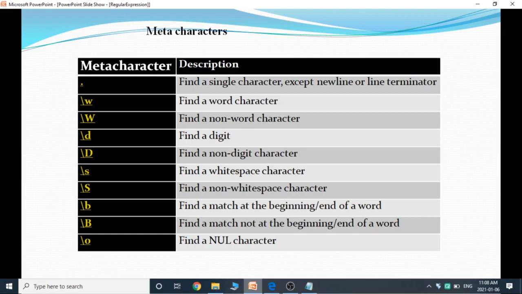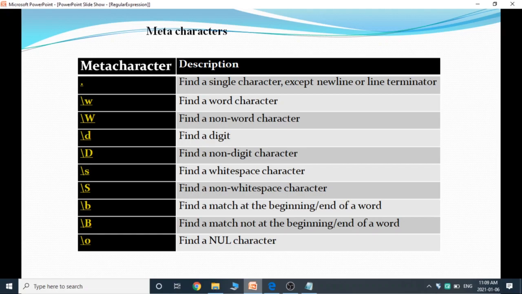For example, you can search a large sum of money using this slash d meta character. For that, if I specify slash d plus with some values, the slash d will search for any string of numerical characters.